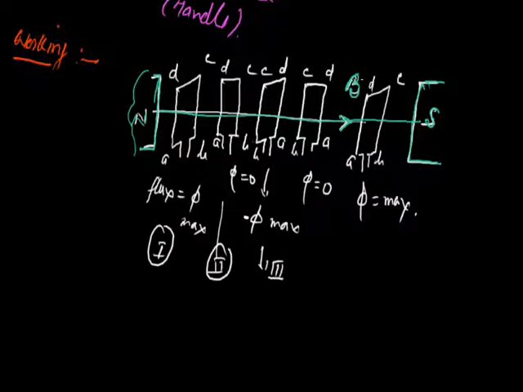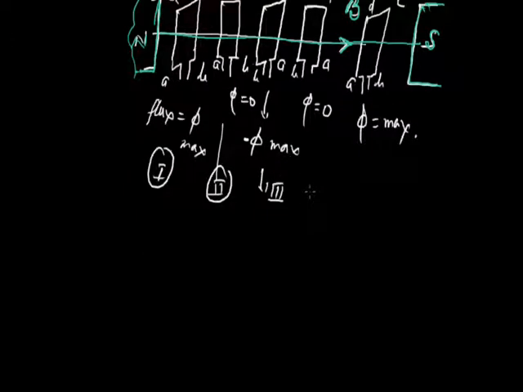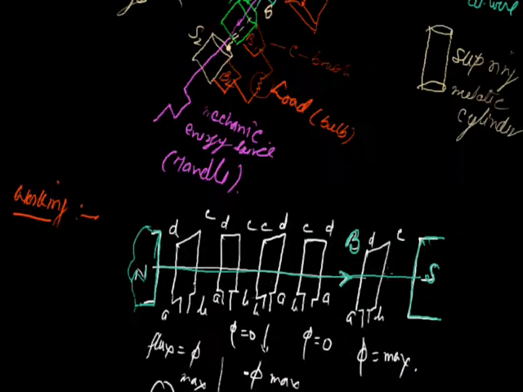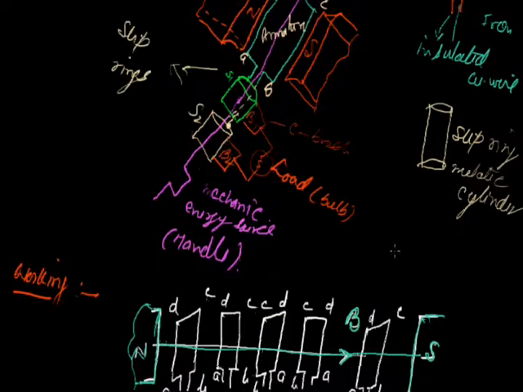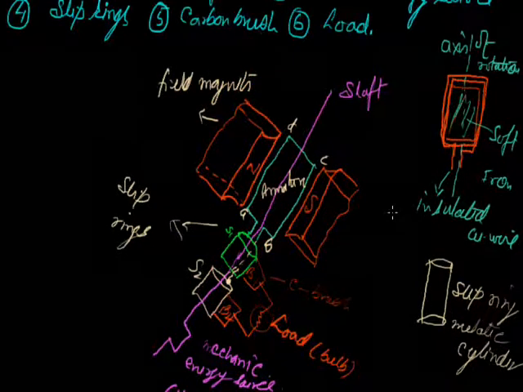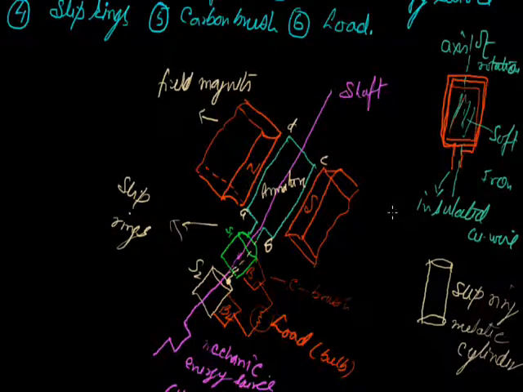Now due to the rotation of this magnet, there is a change in magnetic flux related to this coil. Initially it is maximum, again it is 0, then maximum and so on. According to Faraday's law, when there is a change in magnetic flux, EMF is induced in the coil. It means current will be induced in the coil A, B, C, D. The direction of this current is given by Fleming's right hand rule.